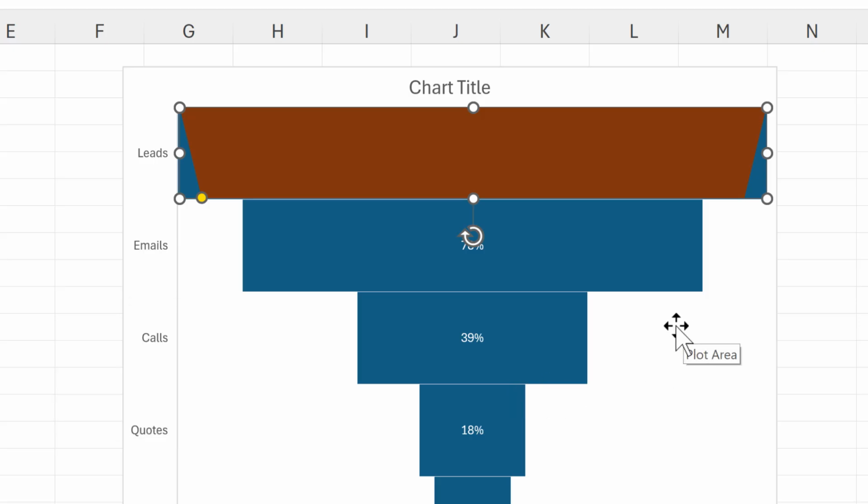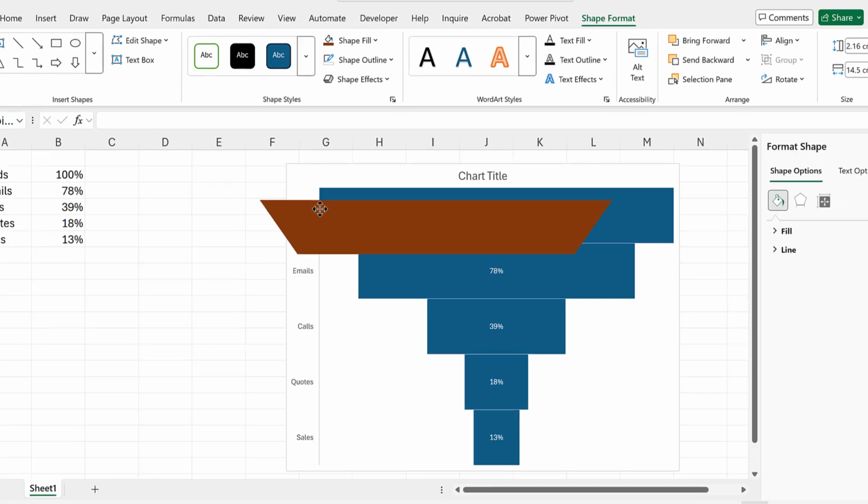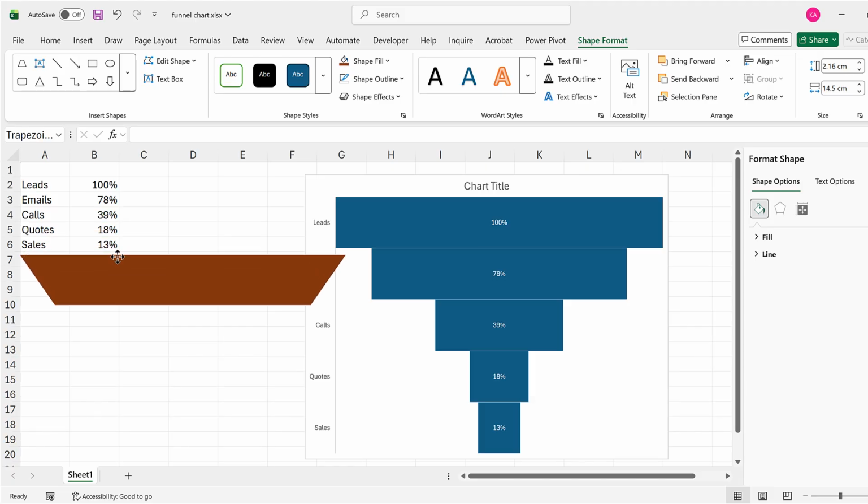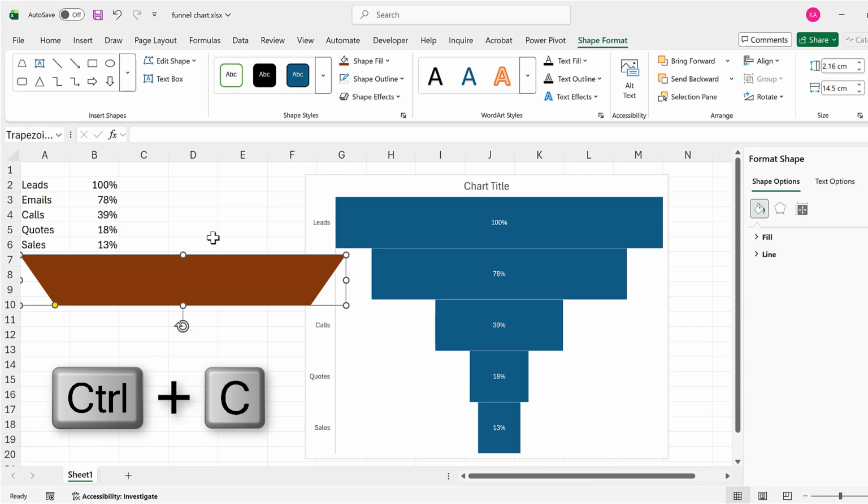And what we're aiming for is for the white circles to line up with the blue bar underneath. Then I will click on the yellow circle and drag it so that the bottom part of the shape lines up with the bar underneath. Then I'll move this shape out of the way and then press Ctrl C to copy it and put it